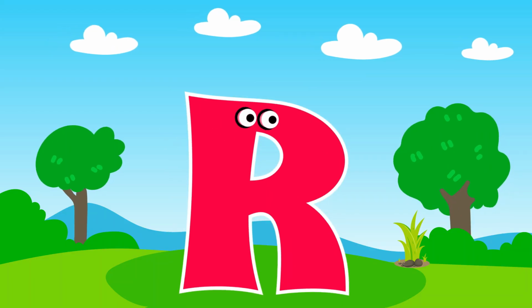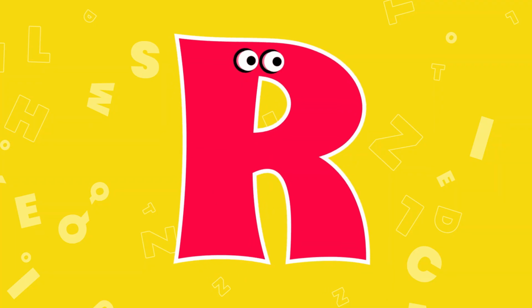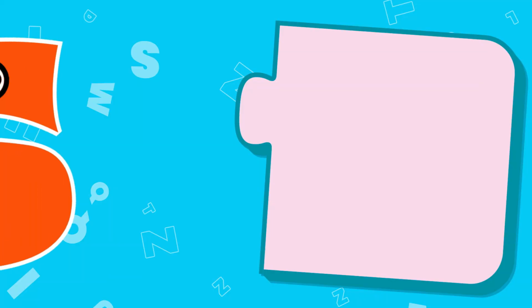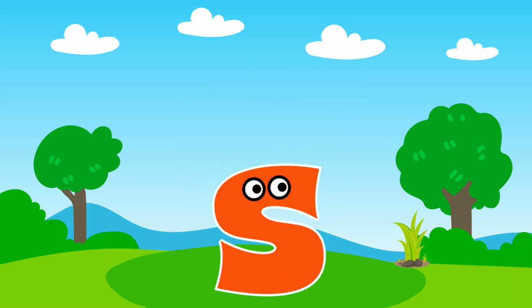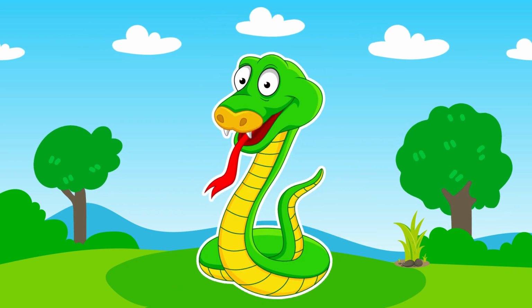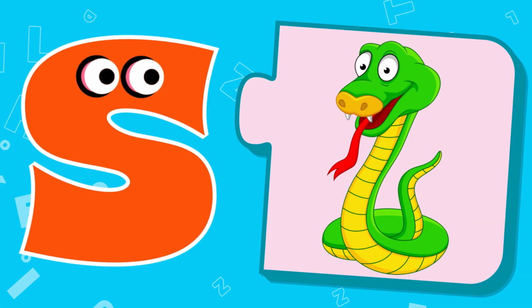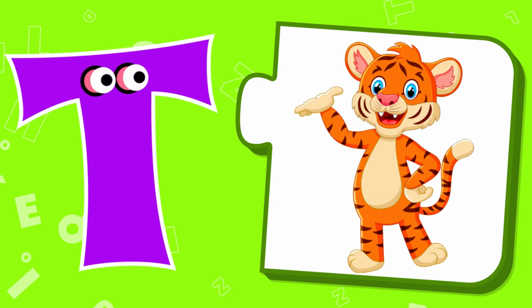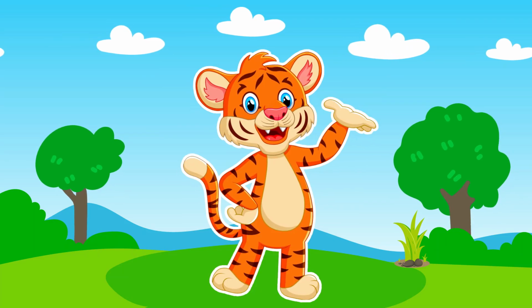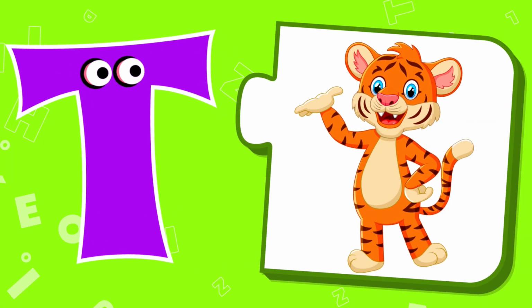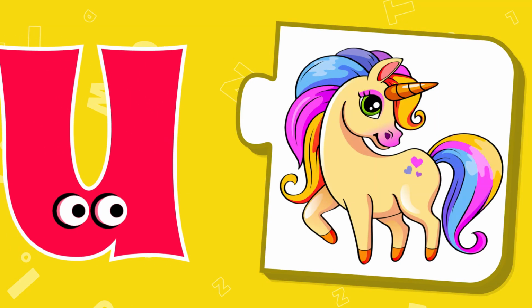rhino, rhino. R, rhino. S is for snake, snake. S, snake. T is for tiger, tiger. Tiger. U is for unicorn,